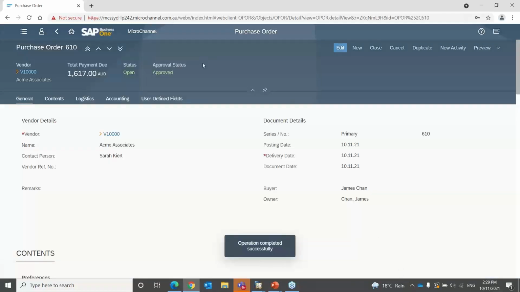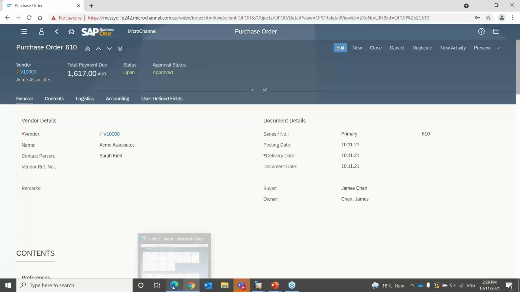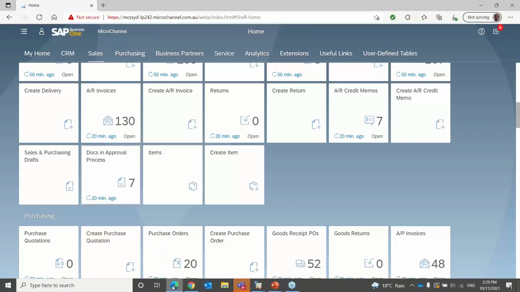And now you can see that it's an actual transaction with this approval, and the status is approved now. So you can't do the actual approvals in the web client, but you can raise transactions, and once the approval's completed, you can get a message back saying it has been approved, and you can finalize the transaction. Okay, back to our